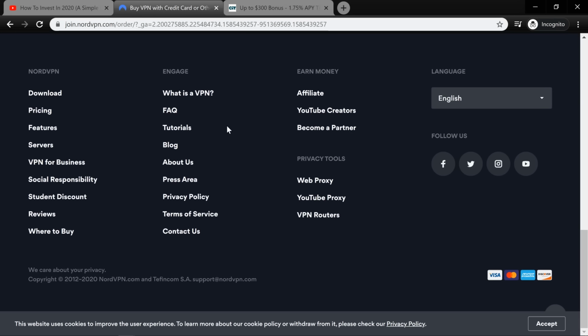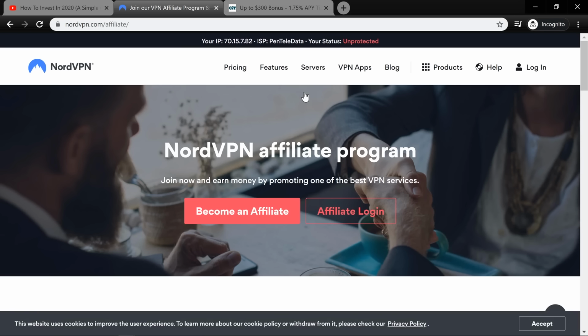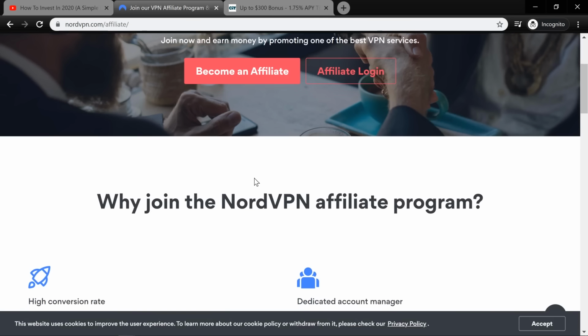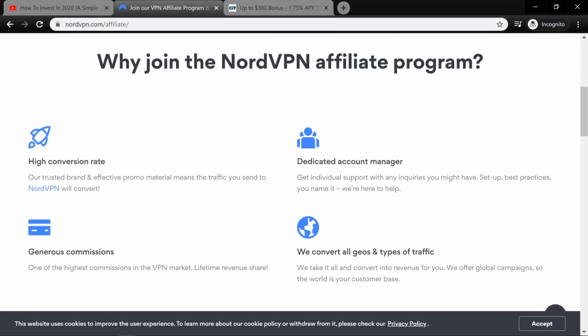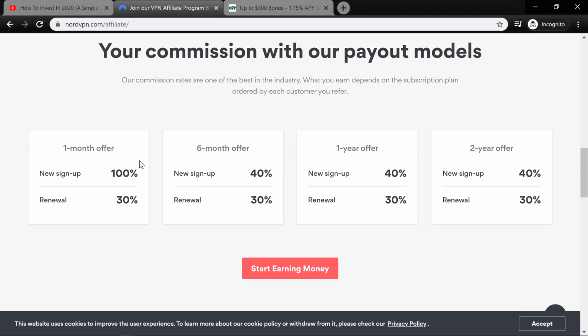And actually, a lot of websites, if you're following along, you can see that if you scroll down, you'll see affiliate down here for NordVPN. This is actually one of my favorite things to promote, which is VPN services, because you can make quite a bit of money with them, but you can become an affiliate. A lot of companies, a lot of websites, if you just scroll to the bottom, will have a little tiny thing that says affiliates or join as an affiliate, and you can look over their affiliate program. So with NordVPN, for example, these are the commissions and the payout models that you would be expected to get if you're promoting them and if people are clicking on your link.